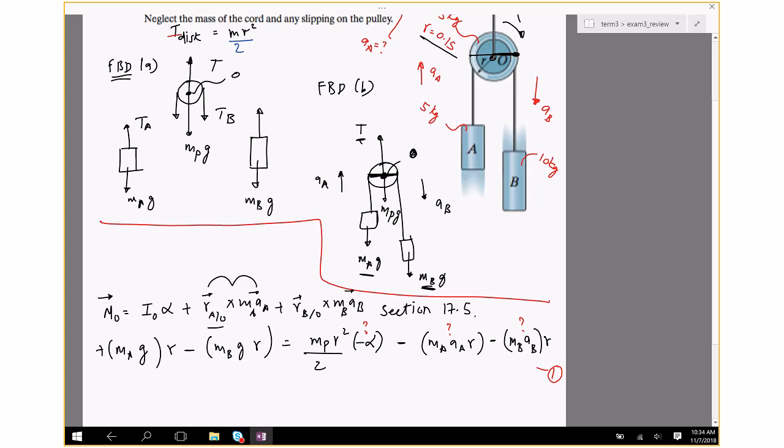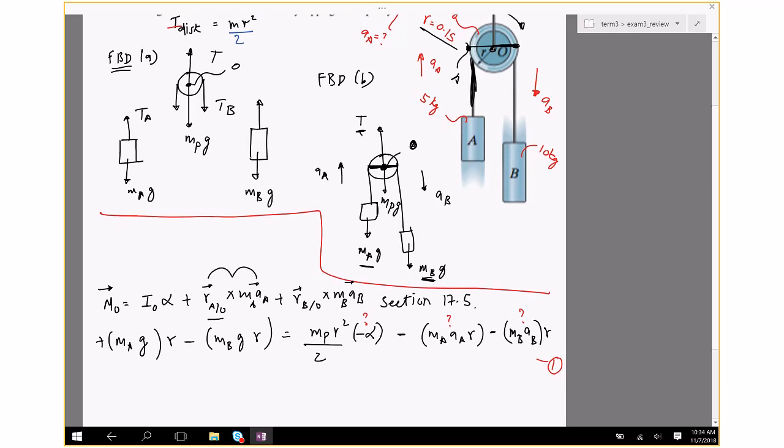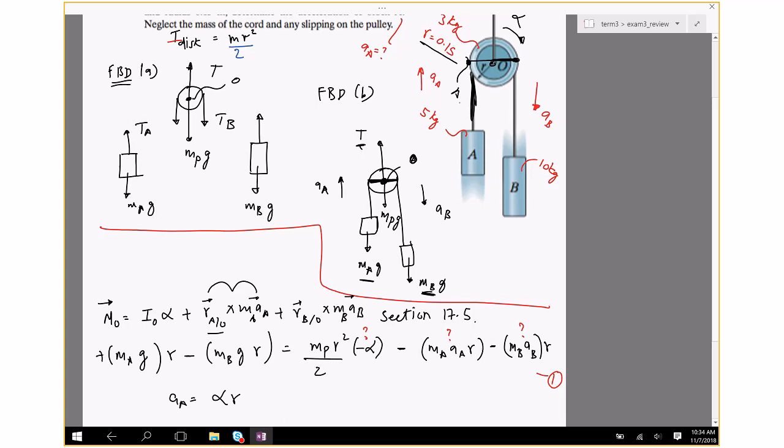There is a specific relation between the acceleration of point A and the angular acceleration. If this point A does not slip, that's our assumption, it's going to unwind from the pulley. It's almost like a rolling disk. The acceleration of A is going to be alpha times R, because this point A, no slip. And same for this point B. So that's my equation 2. And a_B is alpha times R, so that's equation 3. Those three equations allow me to solve for alpha first. I would take a_A, put it in here, a_B, put it in there, and solve for alpha. Once I get alpha,